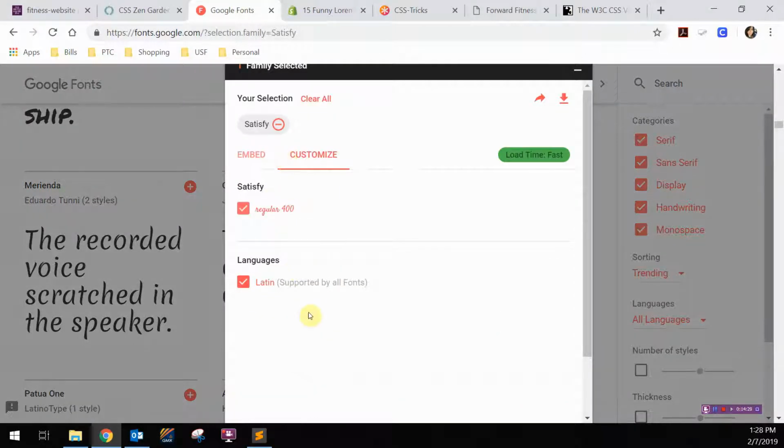You can customize it here. And then when you're done, it'll also tell you if it's going to load fast. So let's go ahead and say, yes, that's the one I want. And we're going to go to